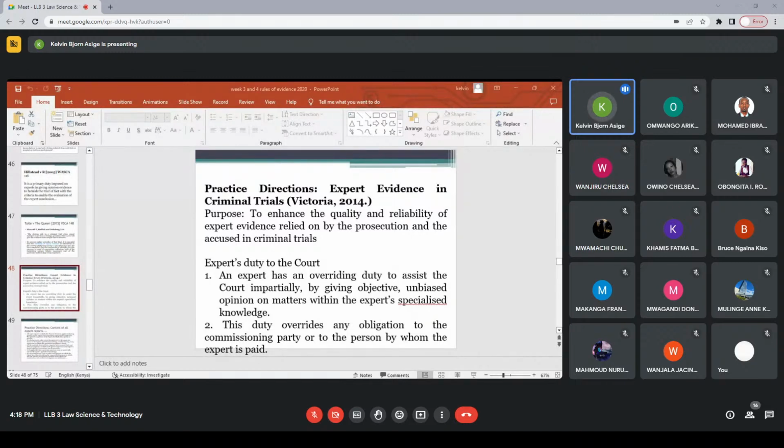And also, as you are examining your witness, because that's your witness, the expert, you would examine them in a way that they do not perjure themselves. So possibly what you do is ask questions, but avoid asking your expert questions on those very issues that you think might be damning to your witness, who's the defendant. So that also you do not end up causing your expert witness to perjure themselves and thereby breaching the overriding duty to the court.